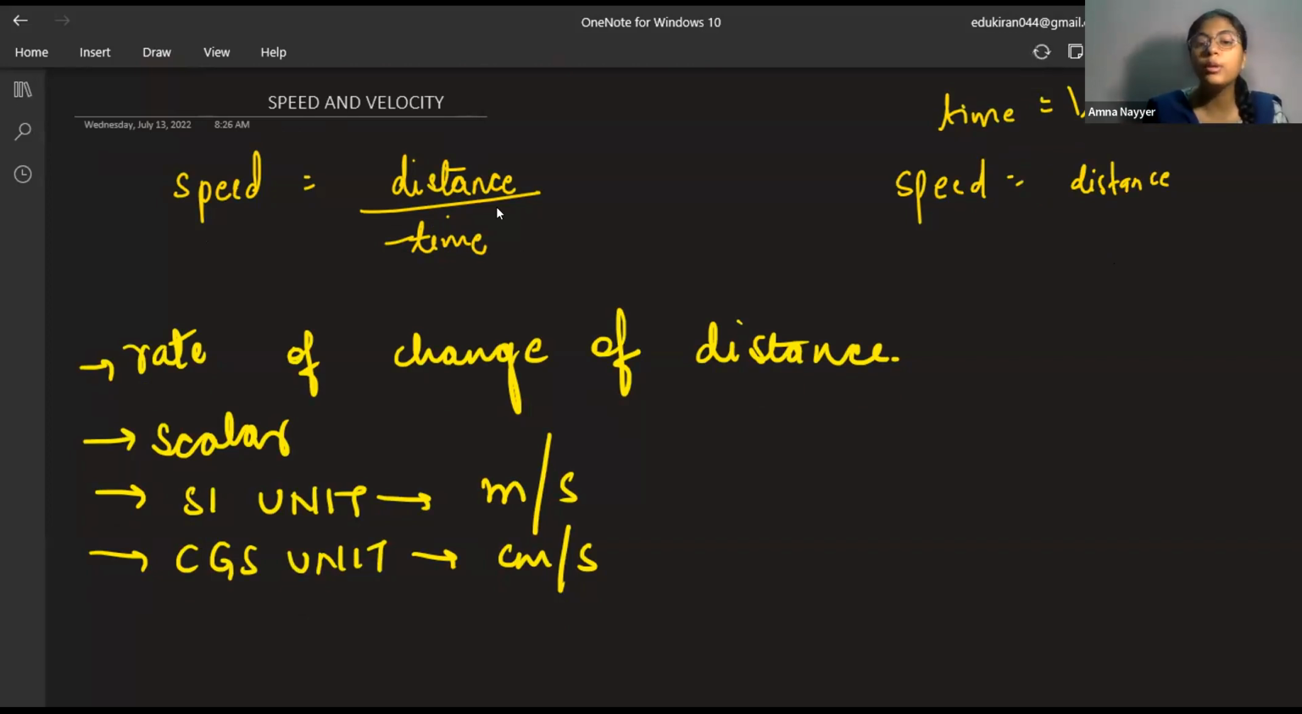So how can you define speed? Speed is the distance covered in 1 second. This is how you can remember. Speed is the distance covered in 1 second. Fine. So speed is equal to distance by time. It means for a particular time,